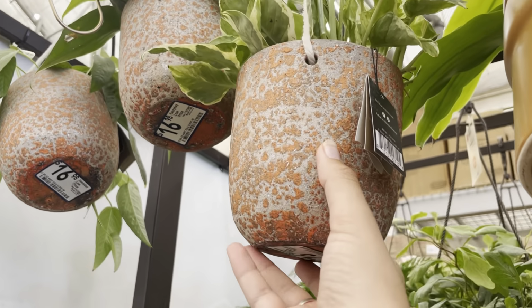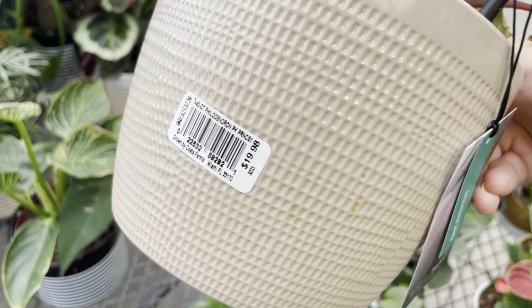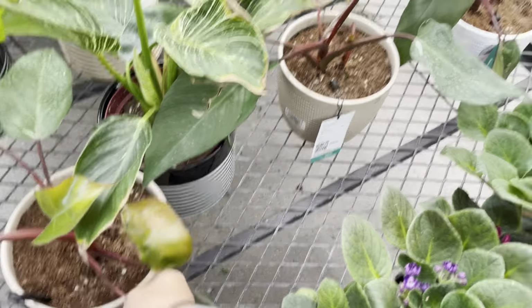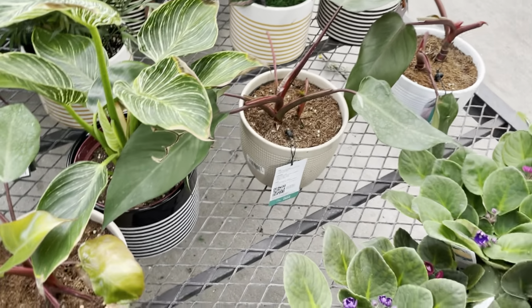They were $16.98, filled with a bunch of pothos. And they had some fall mums that they just got in. Over here, I wanted to point out some sad Birkins and some philodendron pink princess. These were the leftovers, I guess, because they have almost no pink, and I really doubt anybody's gonna buy them, unfortunately. They are looking to be in pretty rough shape, so we're gonna just move on from that